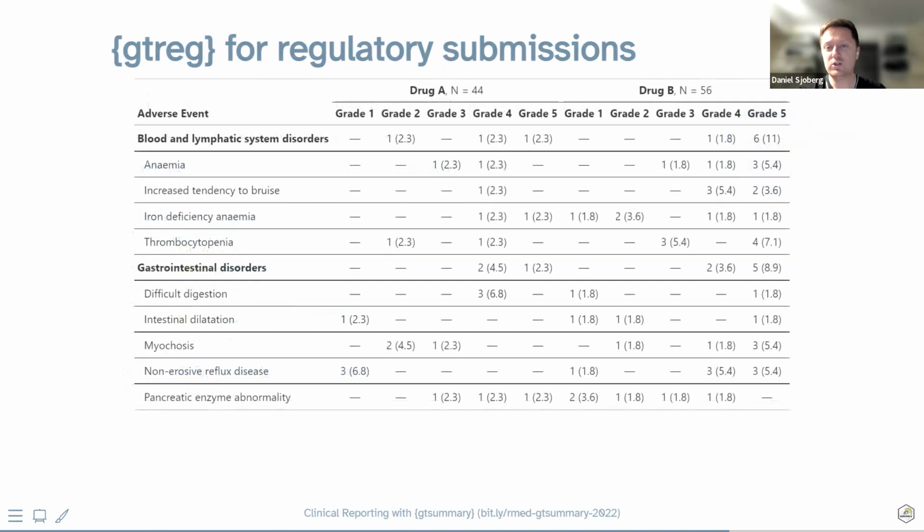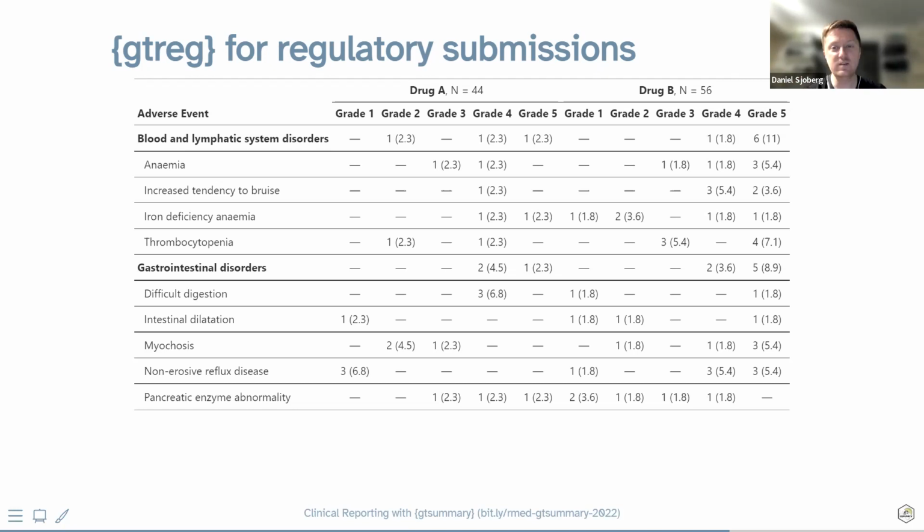So let me just show you what this table looks like. This may be a common table if you're in this space, where you need to look at the adverse events for one drug versus another drug, and you need to report adverse events by their AE name and by their system organ class as well, which is like this blood and lymphatic systems row. So now we have a whole other package that creates something so different from what gtsummary was built to make. And it's super useful for regulatory submissions. So check out that package as well.